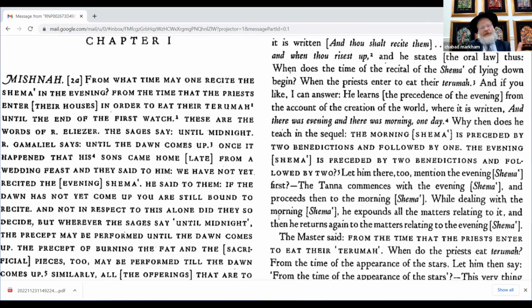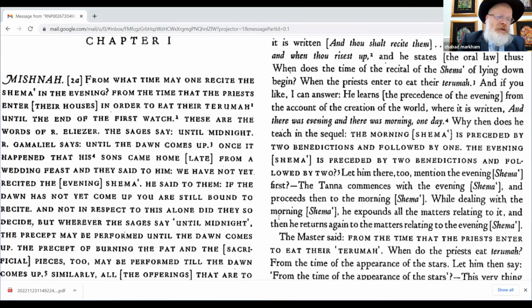And Rabbi Gamliel's family, Rabbi Gamliel was like the prince. Rabbi Gamliel's family was from the Davidic lineage. So in his family, they would say Shema all the way until the morning. But we have to understand the Chachamim, they say till Chatzos. Why would they say Chatzos? So let's read a little bit further, and we'll get a little bit more of an idea. And then we'll get the full picture of how the halacha develops and how it's resolved.